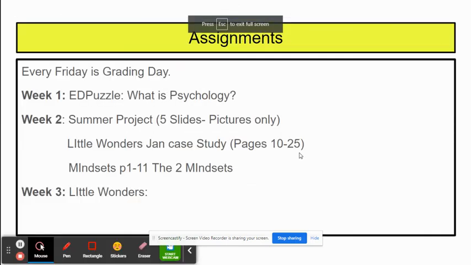Okay. So every Friday will be a grading day where we can go back and take a look at assignments, and then we will have the grades put in together. We talked about what is psychology last week, and then this is what we will be working on this week. Summer projects and Little Wonders case study, Jan's case study. We'll be getting these books this week. Then we have the mindset books, and we'll be talking about that this week,